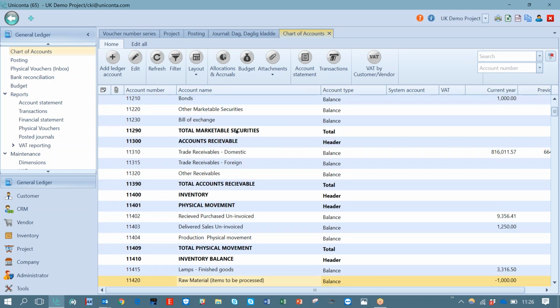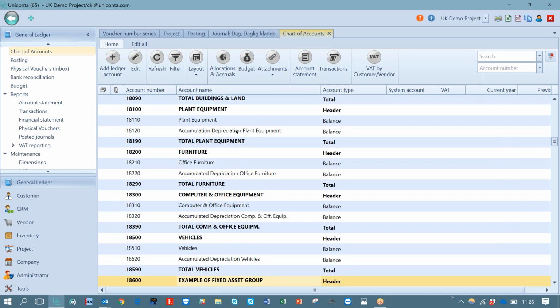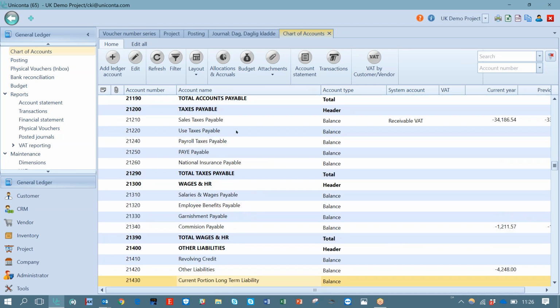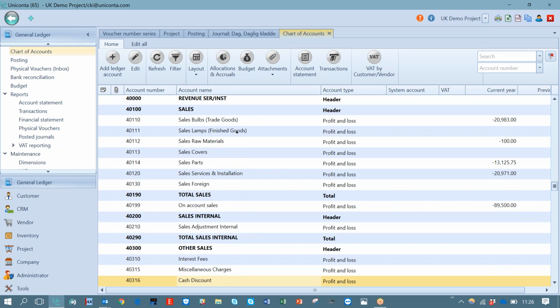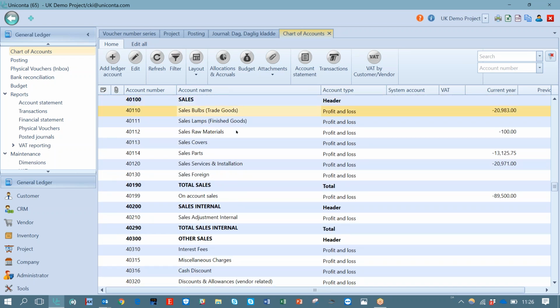I think this chart of account is opposite direction of a Danish one. Normally we have the balance in the bottom. Let's see. Yeah, this is different. Good. We go in here and you can then edit